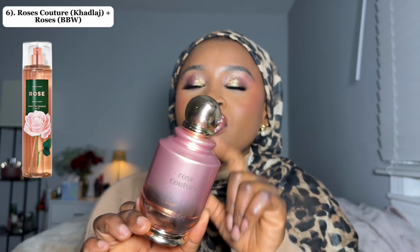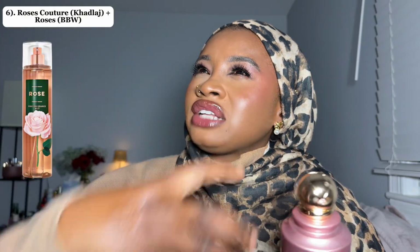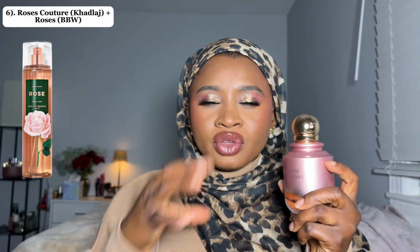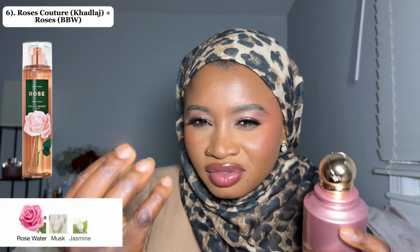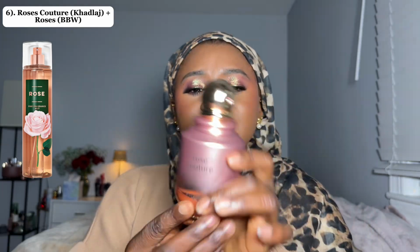And if you wanted to really advance that freshness, that cleanness to it, pair that with the rose from Bath and Body Works, because that particular one is a very floral kind of rose, but it's a sweet floral kind of rose, and it has this water essence, this water quality to it, this aquaticness to it, and because of that, it's so nice. It's such a clean rosy scent,